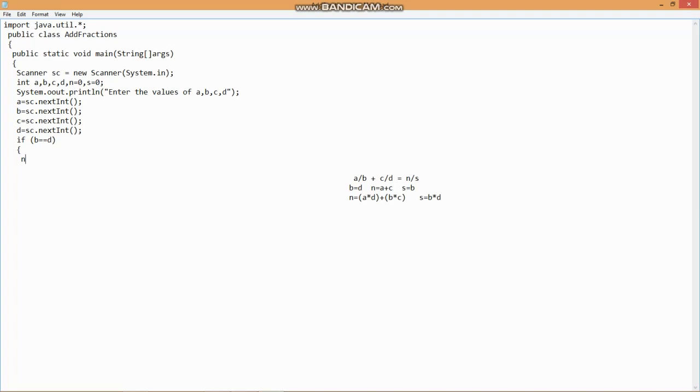the numerator will be just the sum of the first and second numerators. It is nothing but a plus c, and the denominator is going to be